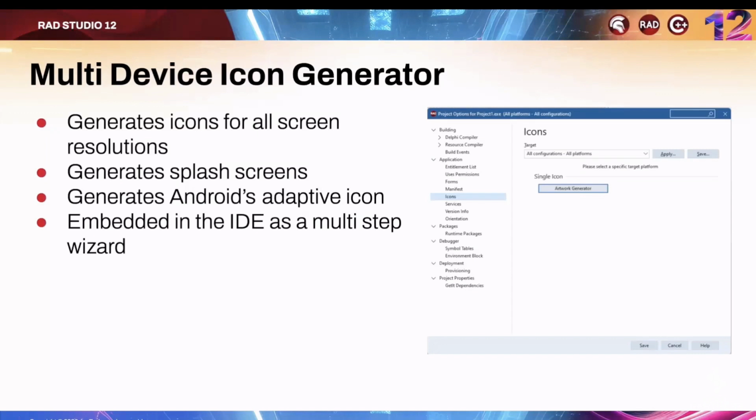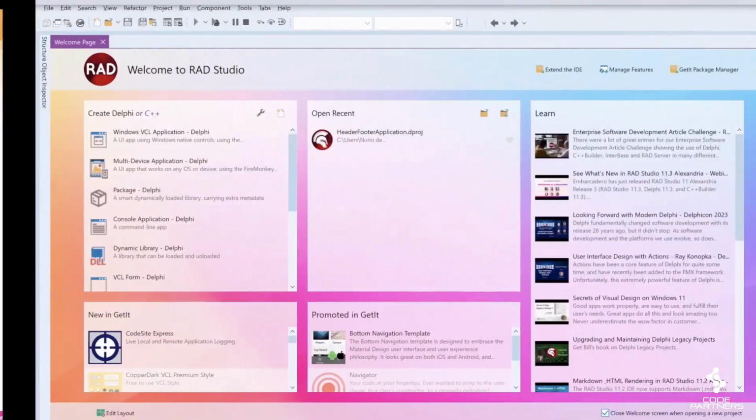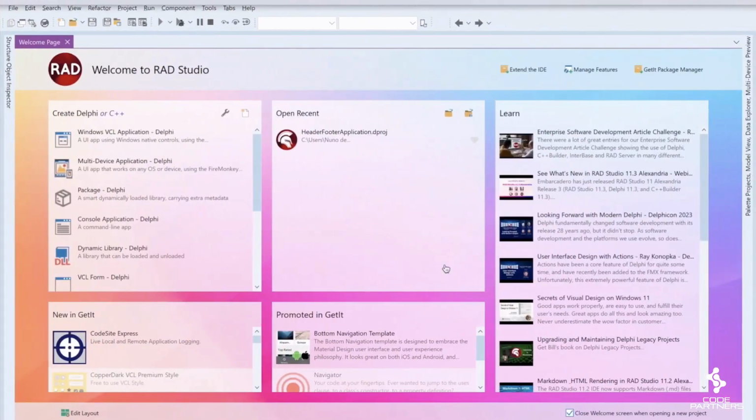This feature is a multi-device icon generator that allows us to generate icons and splash screens for all screen resolutions at once, including the Android adaptive icon, and all of it embedded within the IDE. And actually, in this case, to showcase this feature, I will do a live demo. So let's jump straight into RAD Studio,